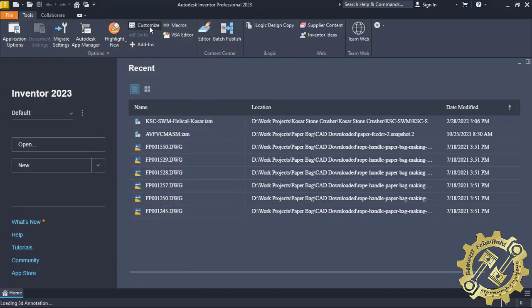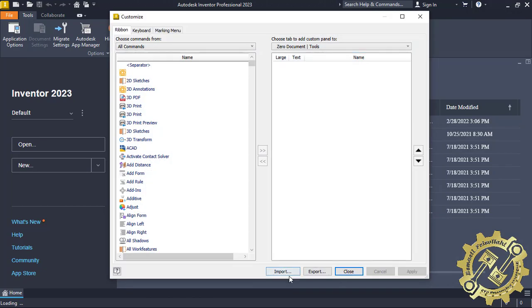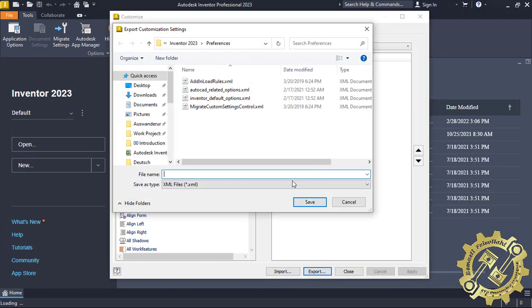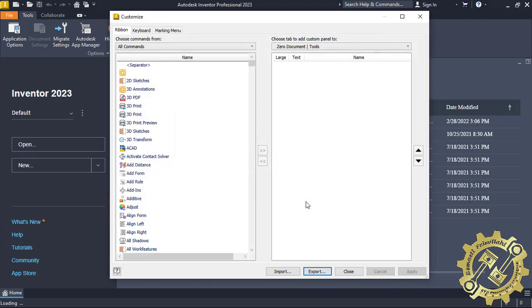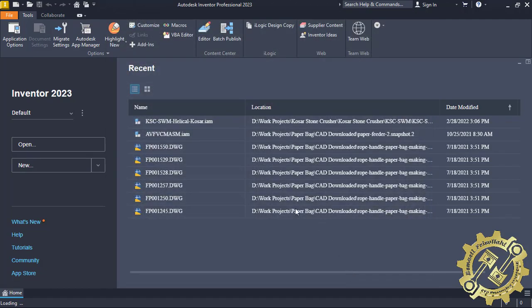Then I go to Customize, and export again to my desktop. Keys, save, and close. Then I close the Inventor,